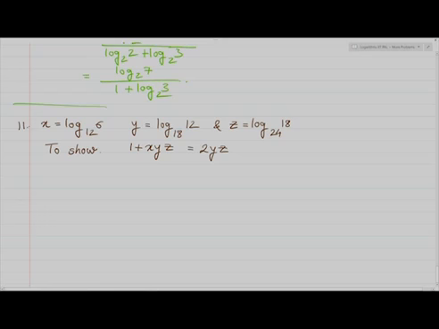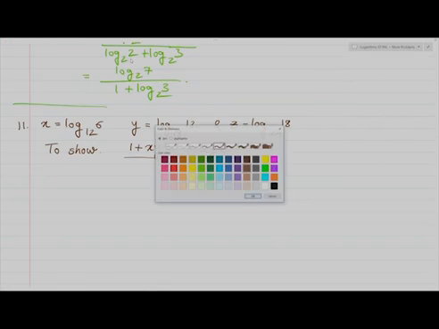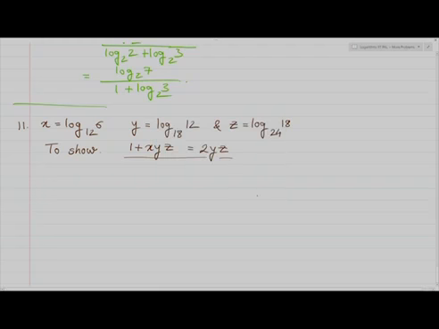If you see the pattern, 6 2s are 12, 6 3s are 18, 6 4s are 24. So there is some pattern that is emerging out. So if there is such a pattern, then definitely I have to use some change of base formulation. Let us now try to resolve this problem by taking the left hand side and right hand side to show equality. Okay. So let us start with LHS. If I show LHS is equal to RHS, I am done.